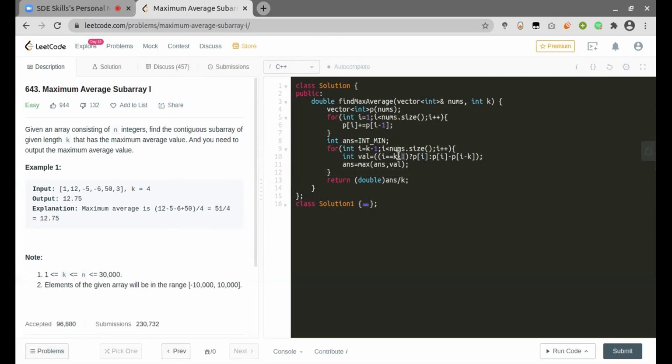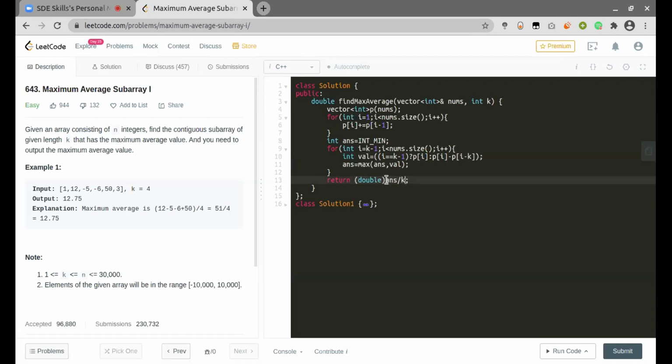So if we are at the first kth index, we just take the given prefix sum only. But if we are beyond our kth index, we will first take the actual value and then subtract all the values which are not included in the k elements. Then we just take the maximum of all the values, and at last we return it by first typecasting to double and then dividing by k.